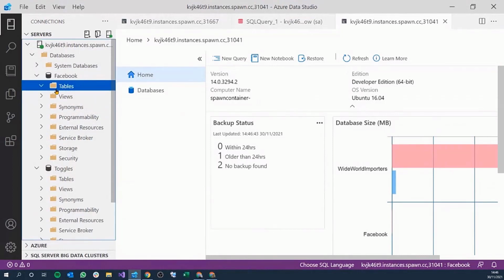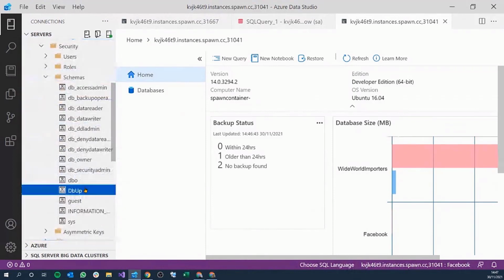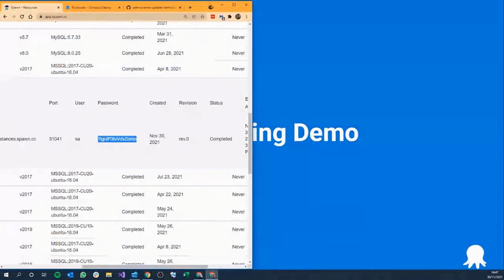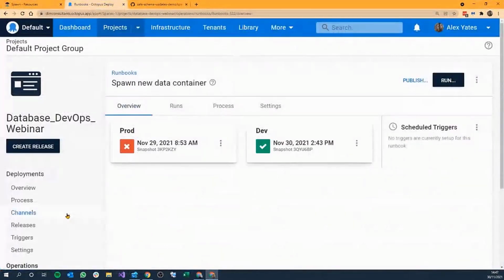Before I do that though, first of all, there are no tables there. All I did here was the initial creation, so I still need to deploy those updates. One thing that I did do is I did create a DBUp schema. That's the prep work that I was doing, and we'll see more about that in a minute. To actually deploy those though, I need to run a deployment process,